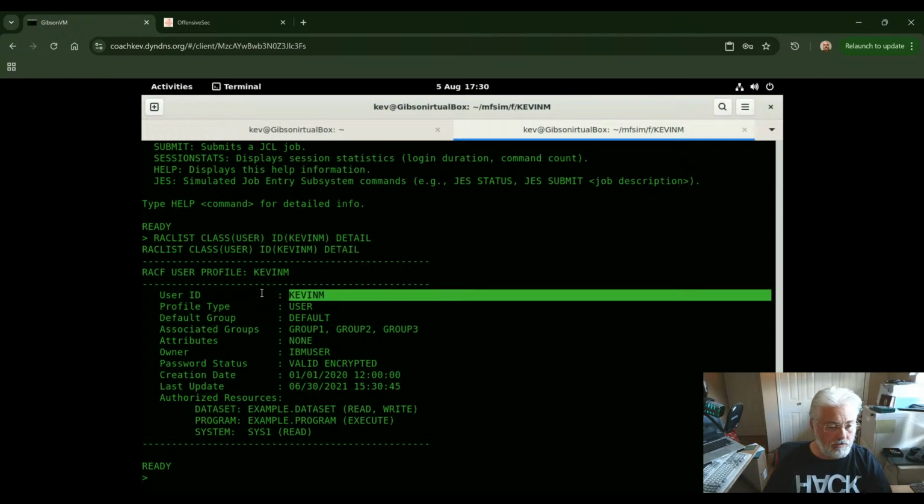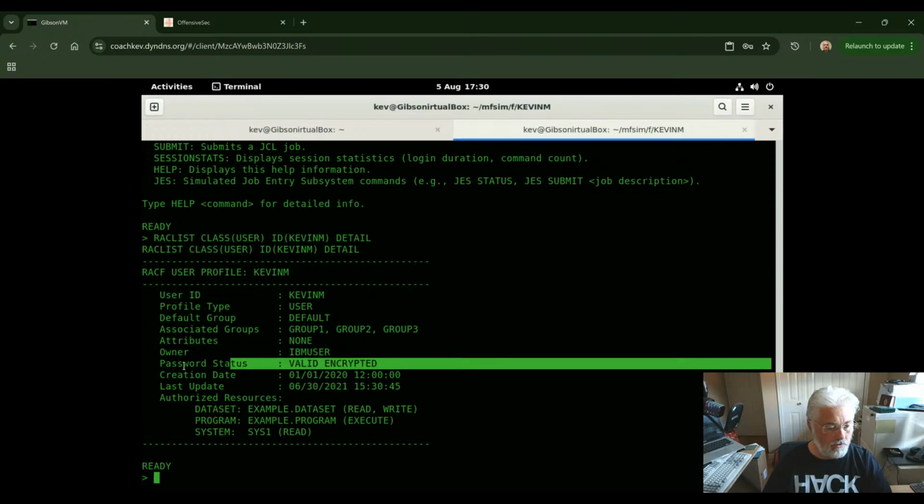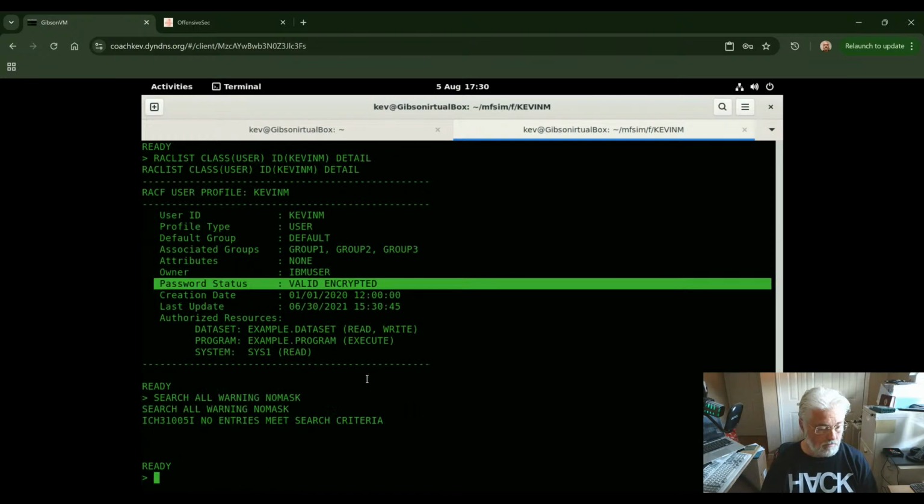For example, it gives you the user ID Kevin M, it gives you who the owner is, and also it tells you the password status, which is valid and encrypted. Okay, so you can do other things like search all, warning, no mask. Well, if I could actually type properly. Okay, so no entries meet that. Okay, so if I log off again,